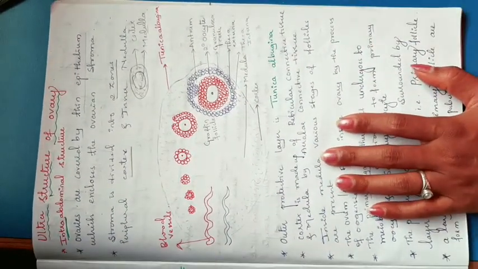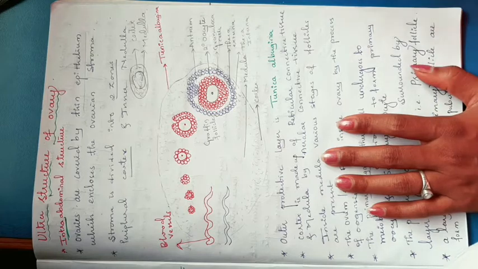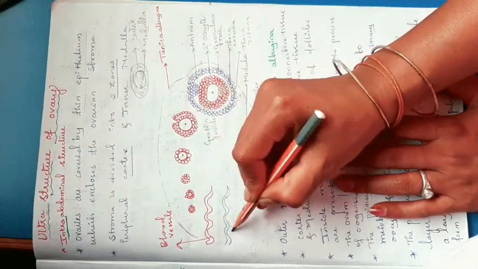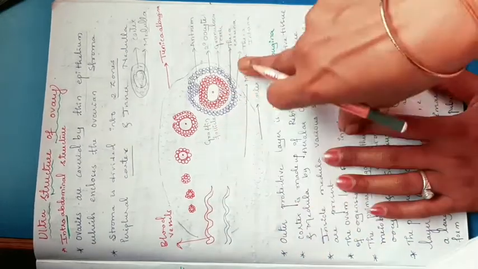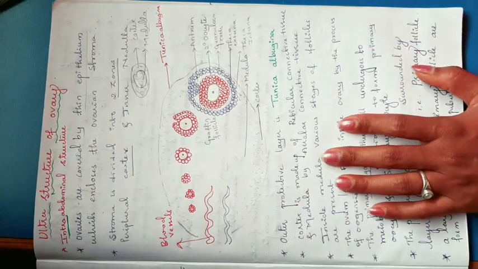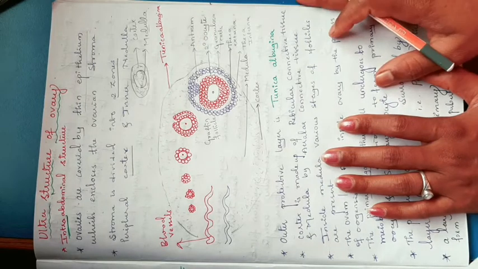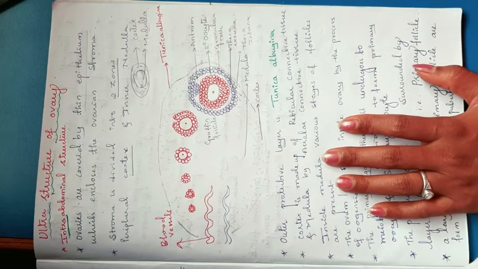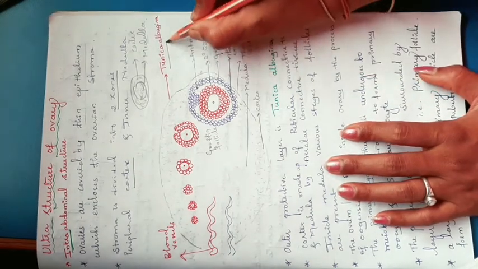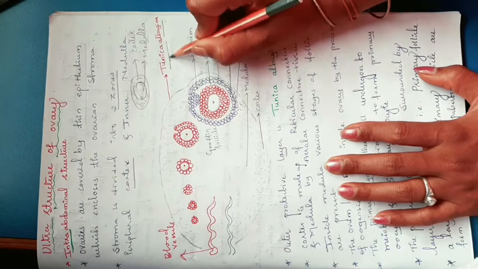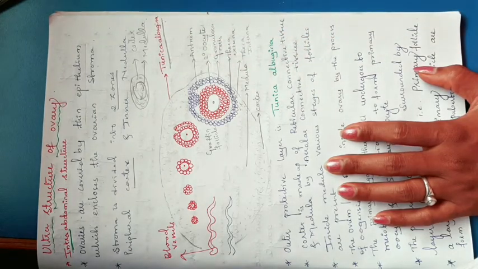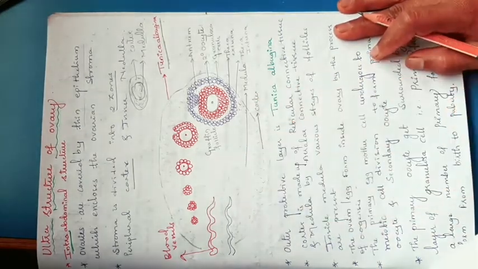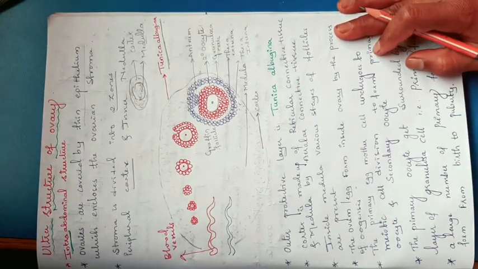The ovaries have blood vessels. Here I have shown that the blood vessels are connected with the ovary. The ovary is covered by a thin epithelial tissue, that tissue is called the tunica albuginea. Remember, the tunica albuginea is a protective layer for the ovary. The blood vessels are connected with the ovary. Inside the ovary, every month a new egg or ovum is released.